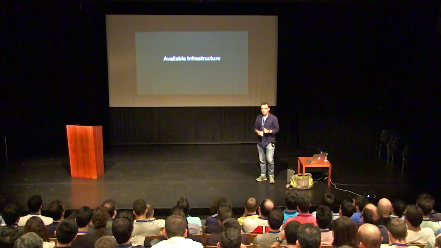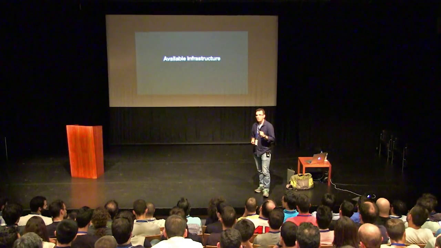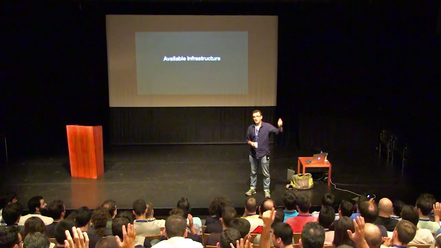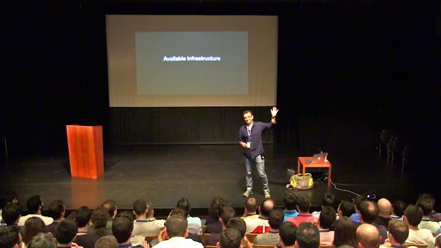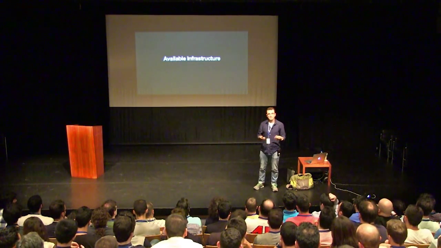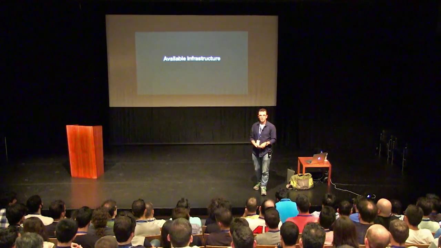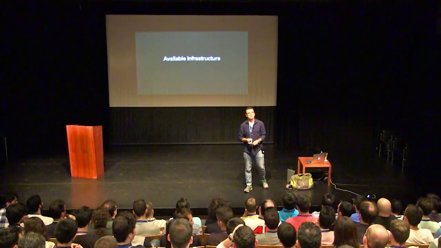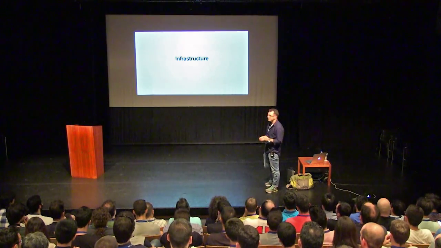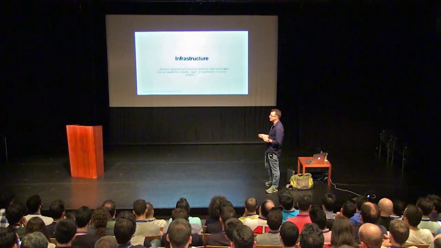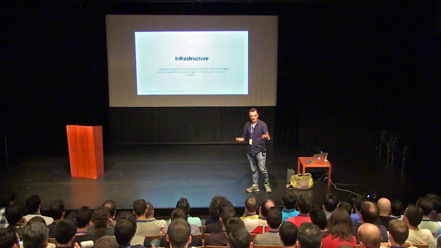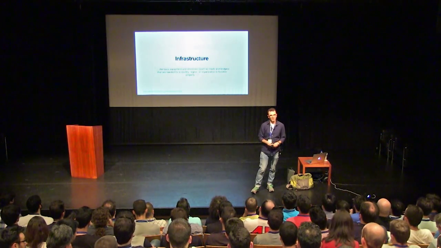And also, we shouldn't forget about one key component. How many of us today is working with the cloud? How many of you would like to work with the cloud? Well, maybe some of us wouldn't like to work with the cloud, but we don't have any other option because that's the way that we are going to deploy systems in the future. Containerization, virtualization, all of those things. So we need to think as well on the infrastructure that we have available. If we go into the term infrastructure, we have to look into what it means, and it's basically the basic structures and equipment that people, organizations, countries, regions need to function properly.